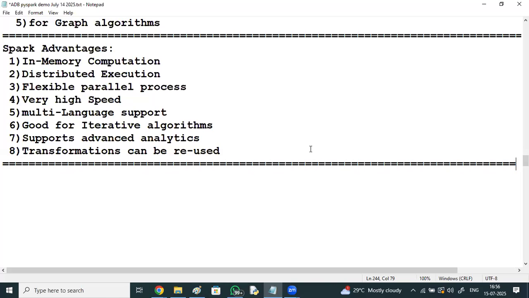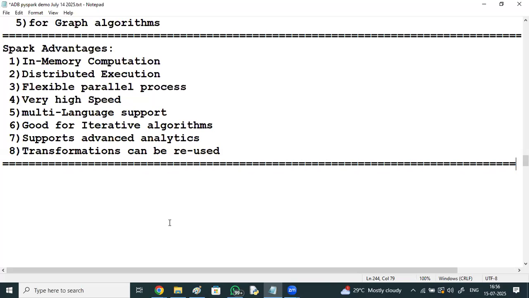Okay. So in tomorrow's session, I'll be briefing you about how exactly Spark data objects get processed, how they are divided into partitions, and how they are processed parallelly. Spark data objects we call RDDs and data frames. How that data is divided into partitions, how these partitions are distributed, how they run parallelly, and why it has got a very high speed. And what are the different things we can perform, right? We have got inbuilt transformations and inbuilt actions available.